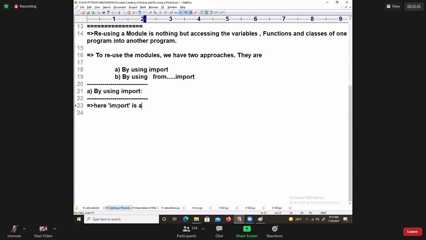One by one I will take it. When we use the import approach for reusing the variables, when we use this approach for reusing the variables,